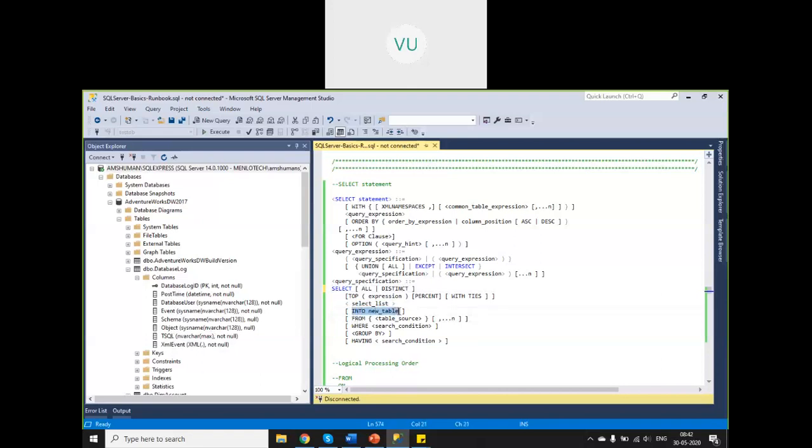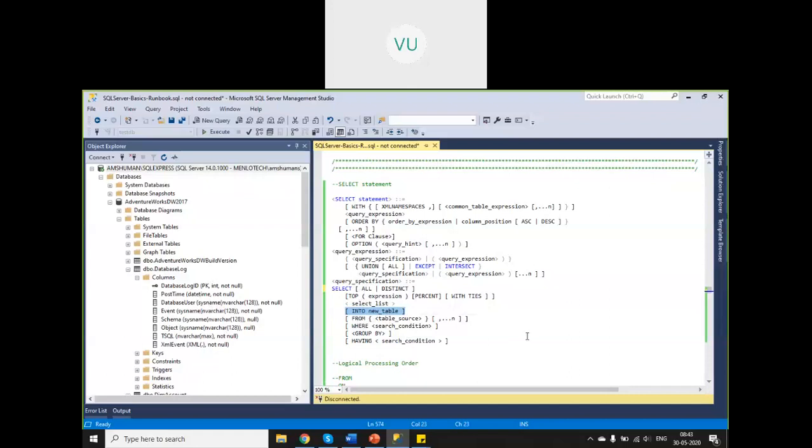Into new table means you are trying to create a new table from the records which you have fetched. So for example, I have put some condition, I have done some filtering and retrieved only 2 columns. And the record set I want to push into a new table. I can do that actually. So select into new table. When you use into with select, that means the records which are fetched are pushed into a new table. A new table is created for you with the result set.